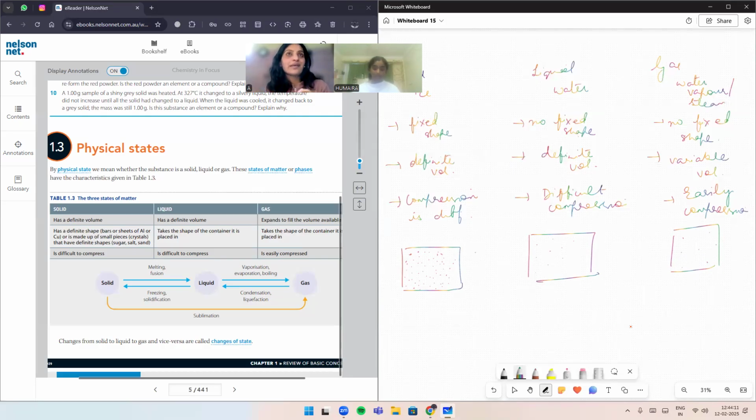Now, why am I drawing this? So that you're able to understand the basic concept behind solid, liquid, and gas. In solids the particles are too close to each other, so they attract the other molecules with a very strong force of attraction. They have the maximum force of attraction. The particles are very close, so there is minimum interparticle space, the distance is too less. So there is minimum intermolecular space.